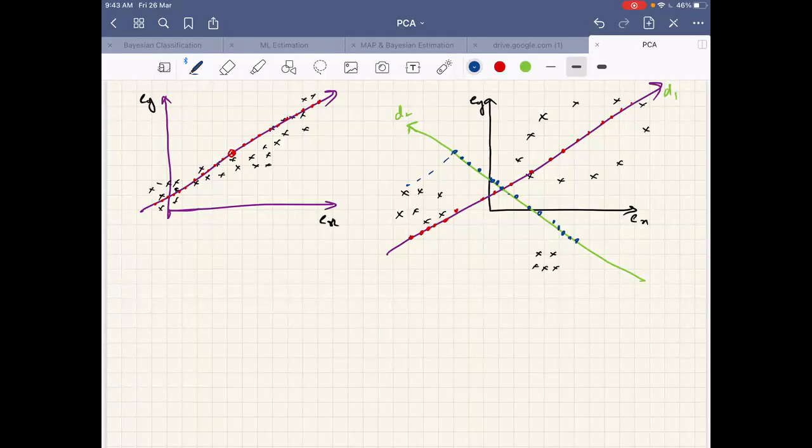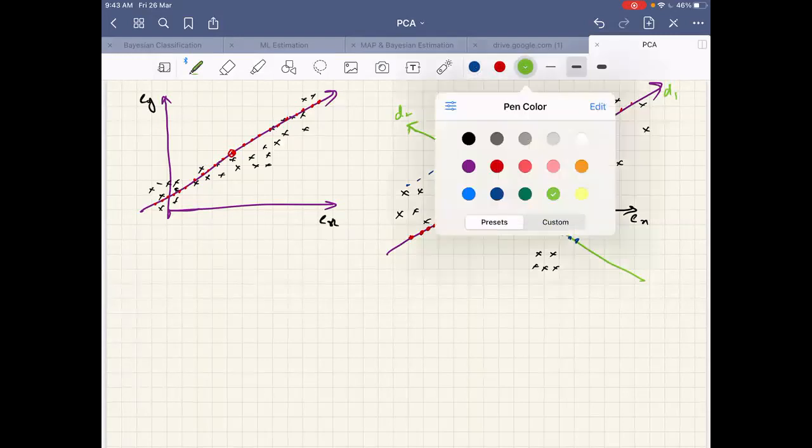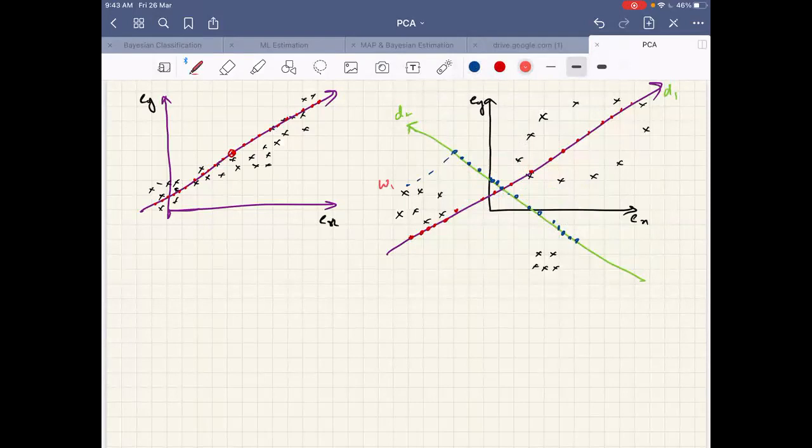And see, our motive is not just representing the samples in smaller dimensions. What is our main motive? Our main motive is classifying the samples later. See, assume that these all belong to one class, omega 1 class. These all belong to omega 2 class. These all belong to omega 3 class.